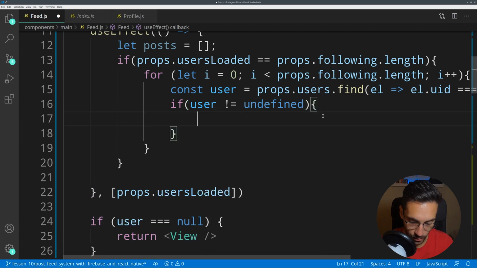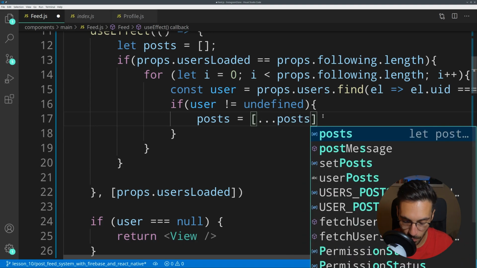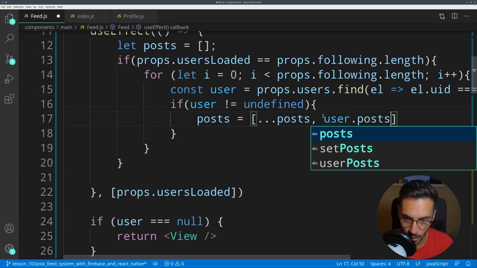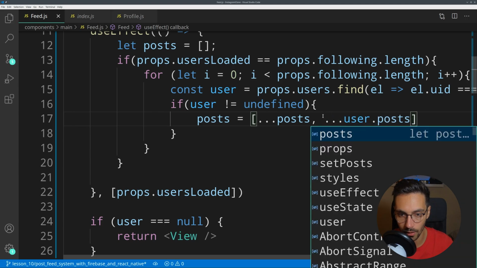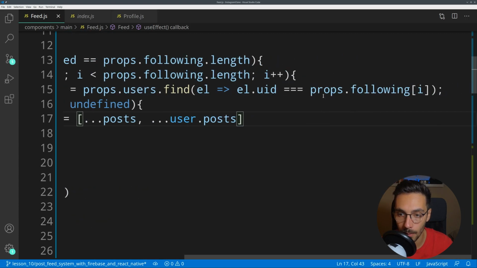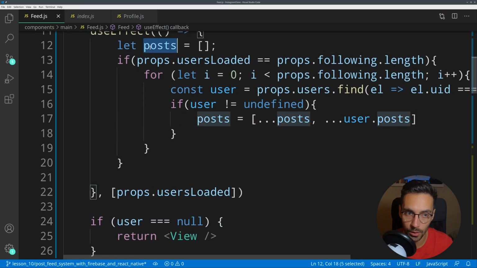Then we are going to say that posts is equal to open curly brackets, three points posts, comma, user.posts, and it should have the three points as well. So these will concat the current user's posts in this iteration to our posts variable up top,